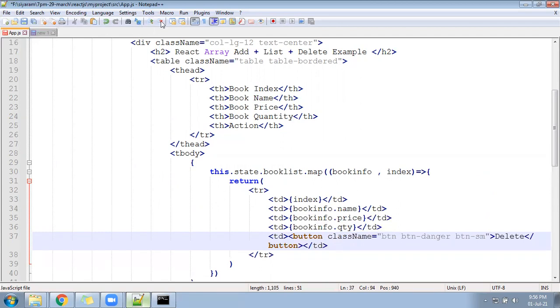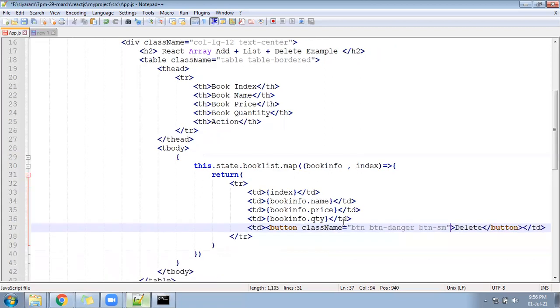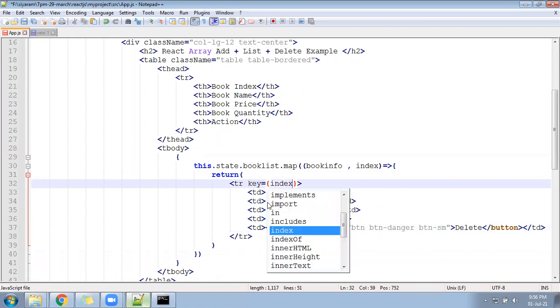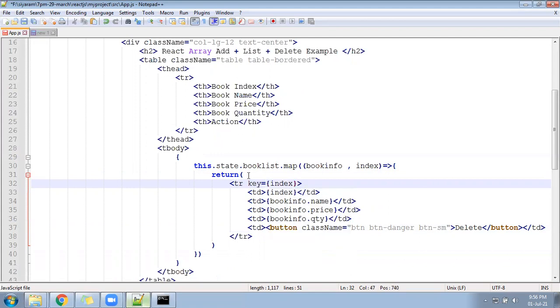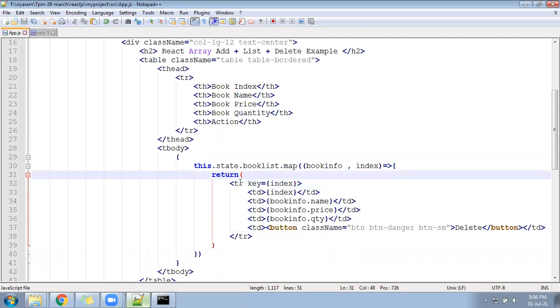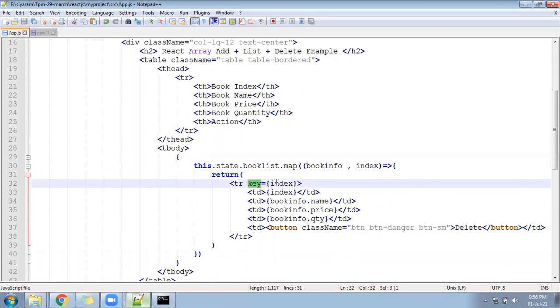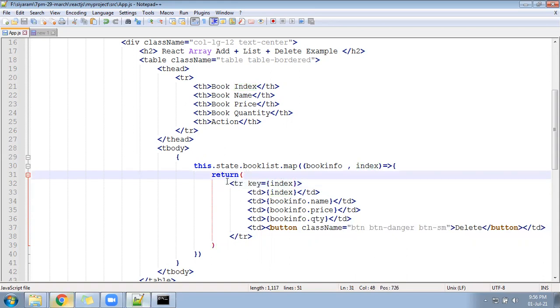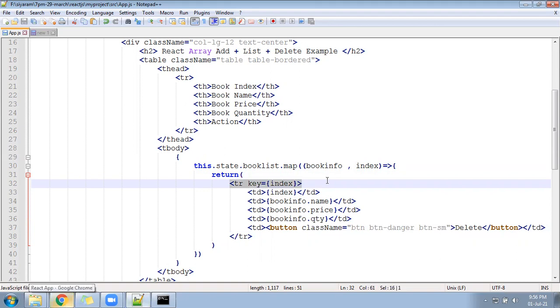Then let me see how that is going to look in the browser. So you saw we have written the map function, but most important for the tr you have to give the key. What is that? It is called props, and whichever new element you are generating dynamically under the map function, you must give the prop called key, and that should have a unique value, else it will give a warning inside the console. So don't make that mistake. It will give an error while generating the build.